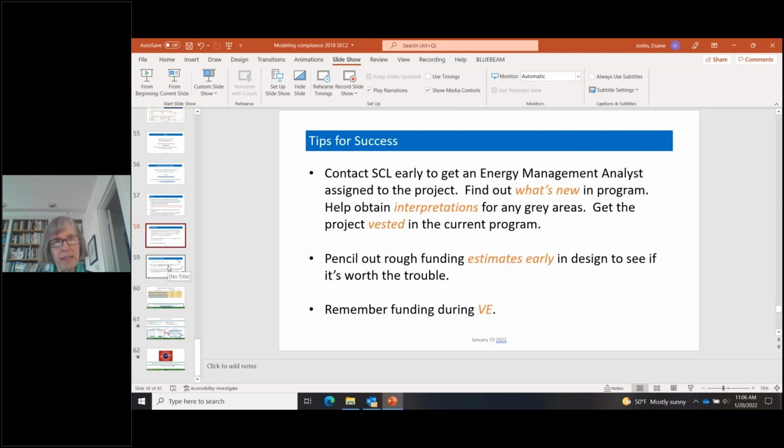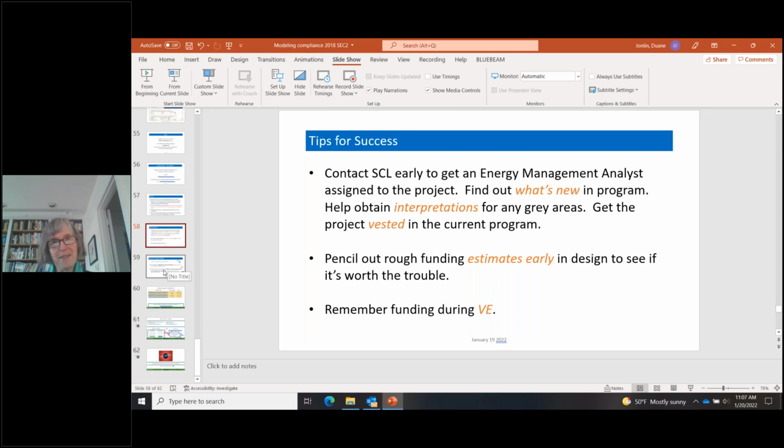And then the second tip for success is to do rough estimates early in the design, just as Duane emphasized, to see whether or not pursuit of our funding is worth the trouble. As with a lot of work on building design and construction, the benefit per hour invested goes up typically as the size of the project goes up, but it also goes up as the percent savings that you're targeting beyond code goes up.